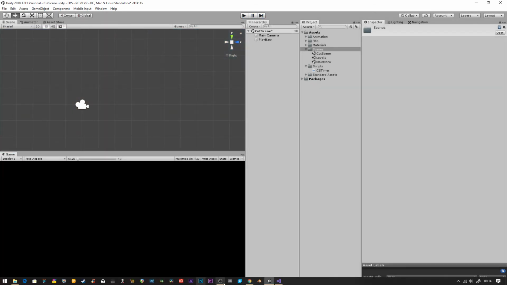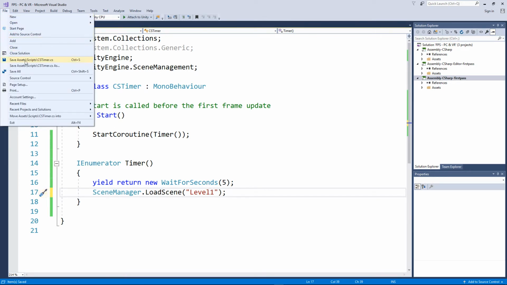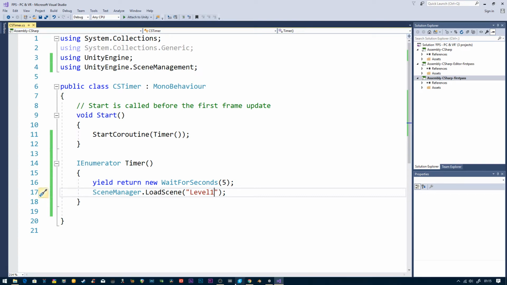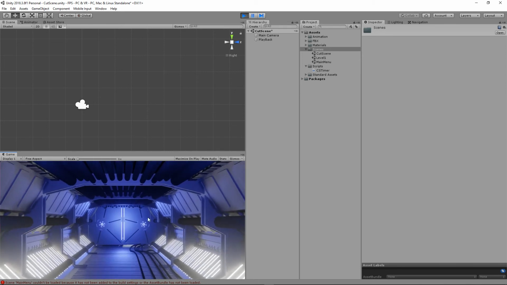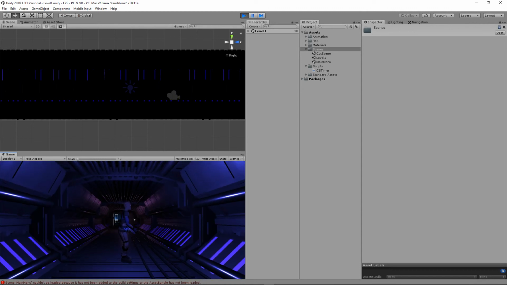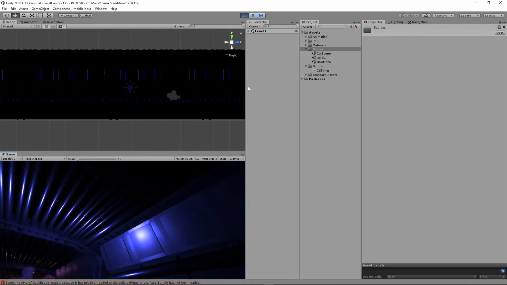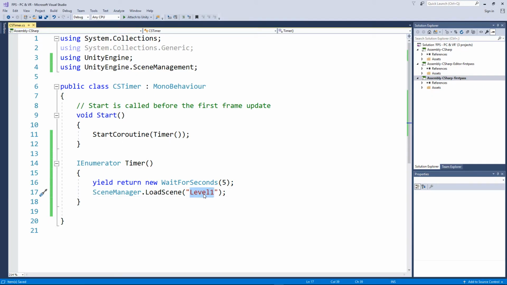So let's just play with that script, and just for demonstration purposes we'll type in level 1. Assuming we've spelt that correctly, so it's capital L, it is, when I press play now, after the 5 seconds has passed, we will change level, but this time we'll go to level 1. So I'm going to stop there. I'm going to go back and change this to main menu